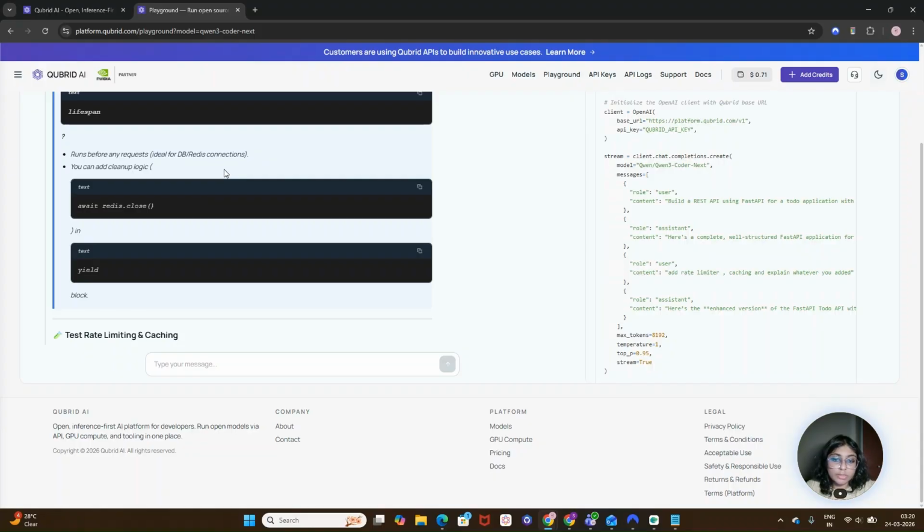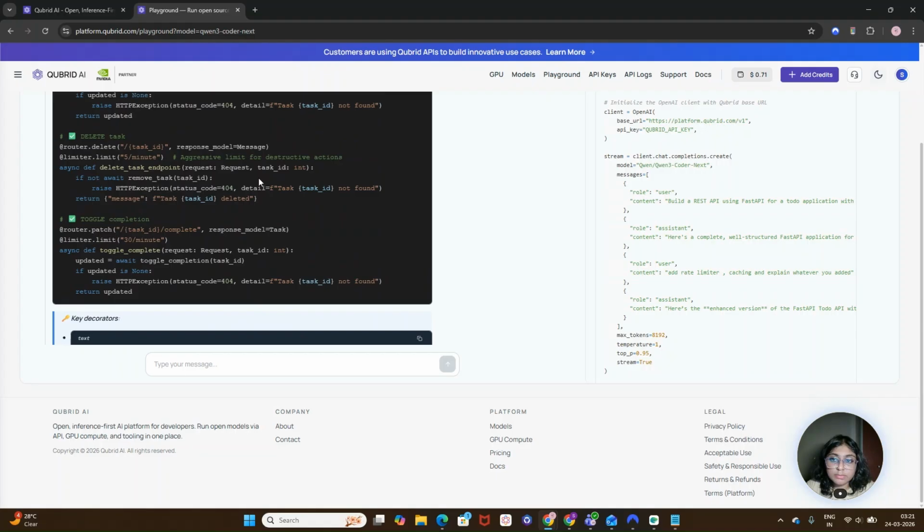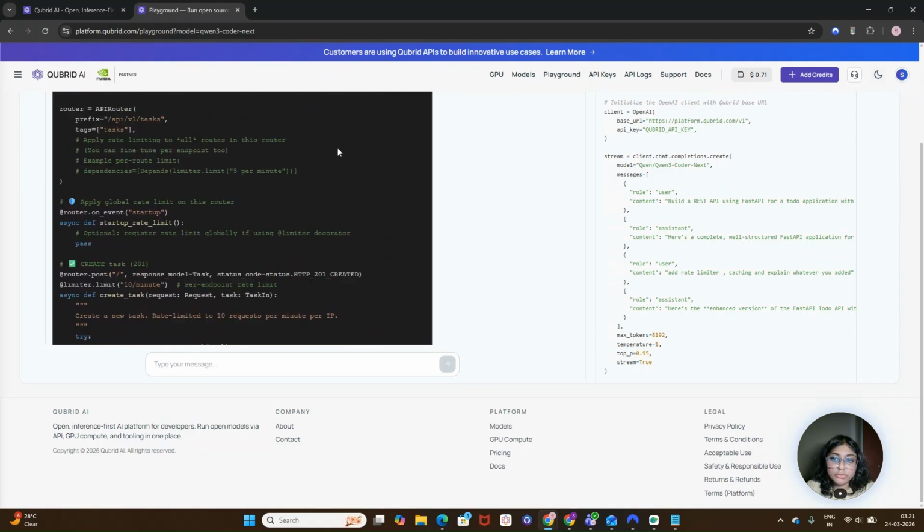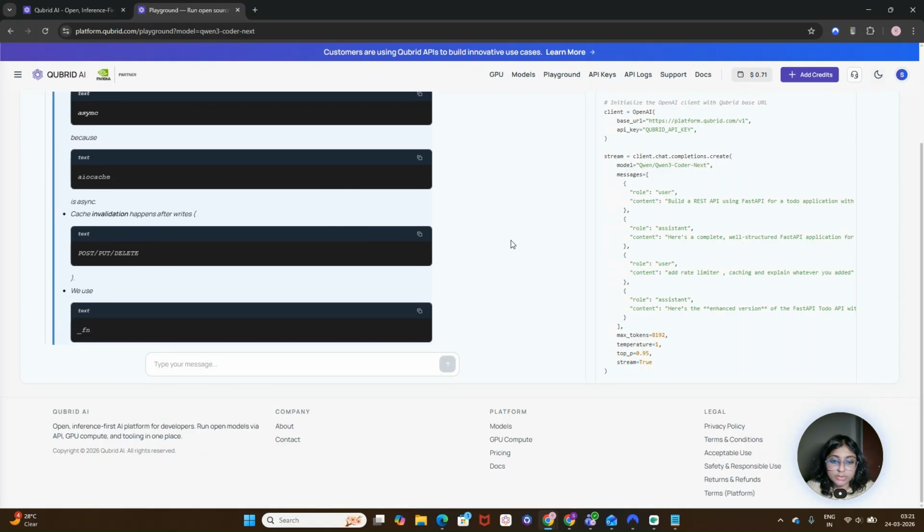Whereas the Qwen Coder Plus model is quite a balanced model, which is good for better structure and accuracy. And the Qwen Coder Next model is the most powerful model, which handles complex system tasks, and it is best for reasoning and architectural based coding. So this Qwen Next model is useful for some advanced use cases.